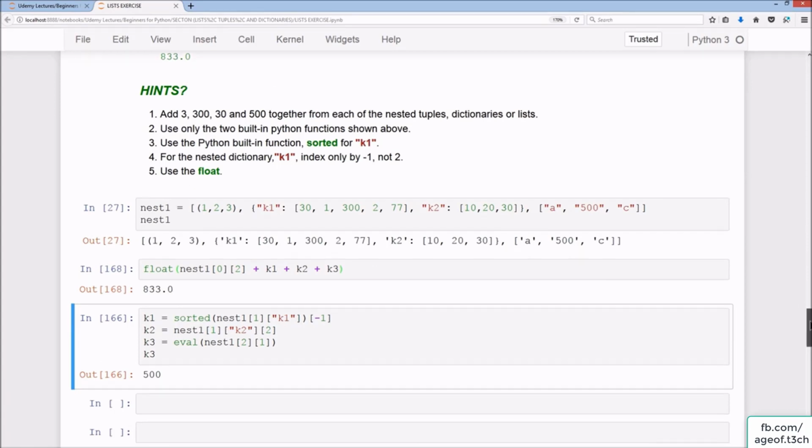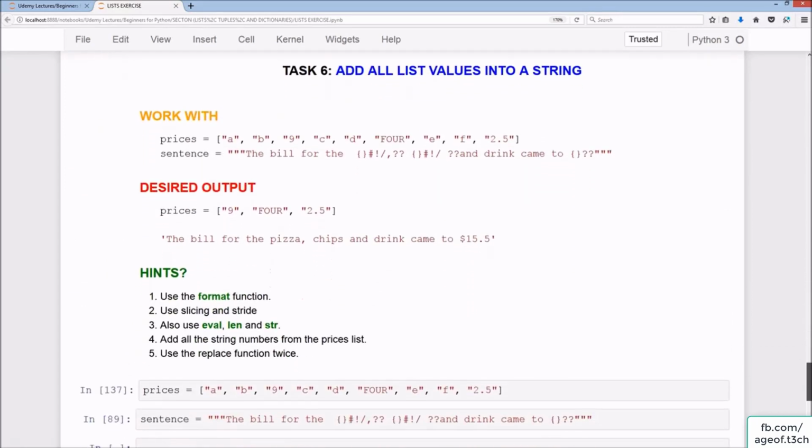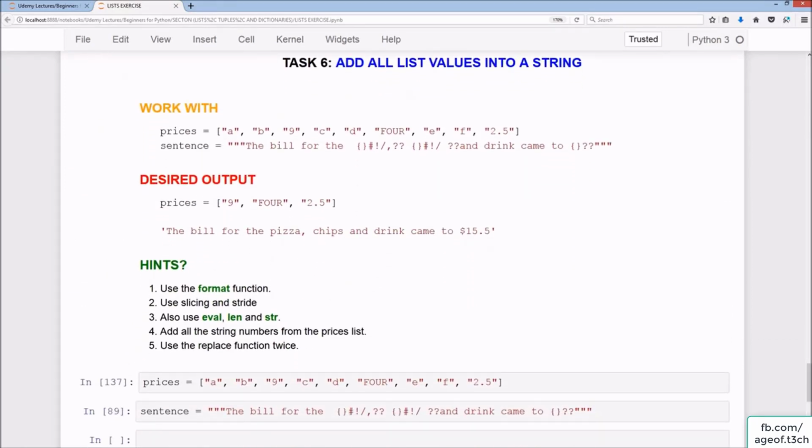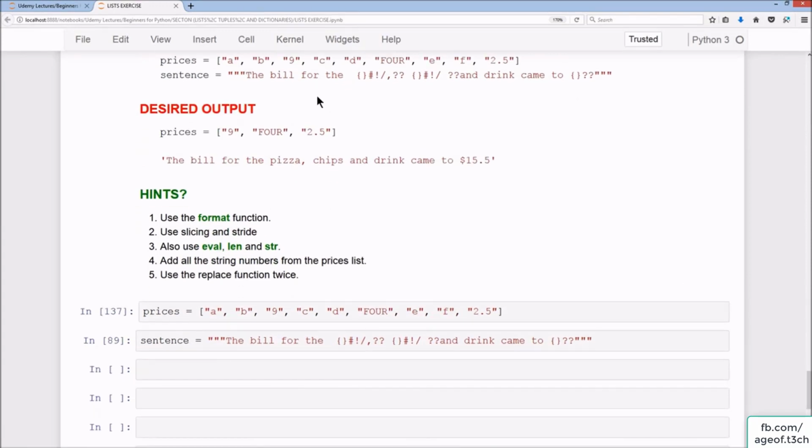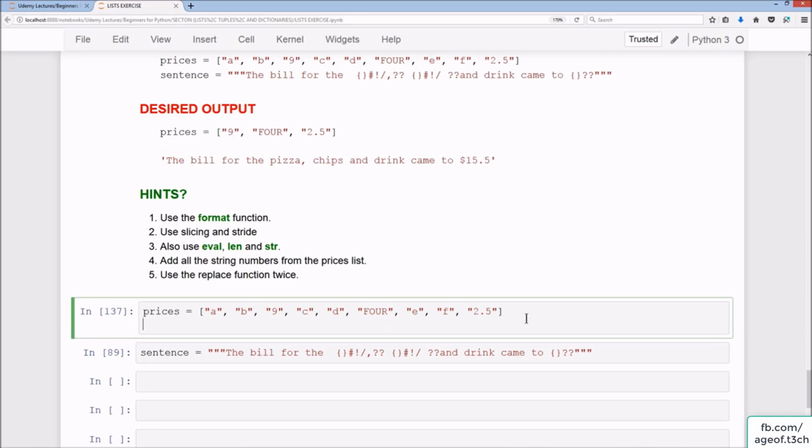Okay, great. So we're moving on to our final task, which is pretty tricky. So add all list values into a string. Okay, so we want to use these two. In this case, it's a list and a doc string specifically, not just a string, but a doc string because it contains triple double quotation marks on either end of this string. And we want to have the desired output of the prices, 9, 4, and 2.5. So this one's pretty straightforward for prices,